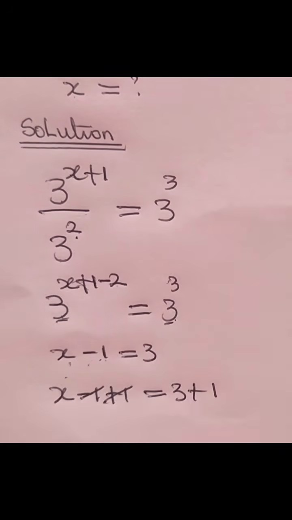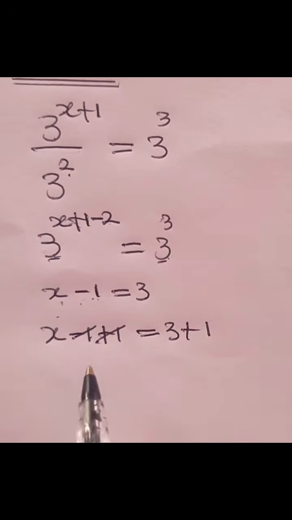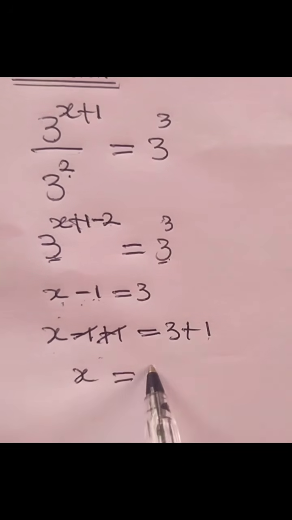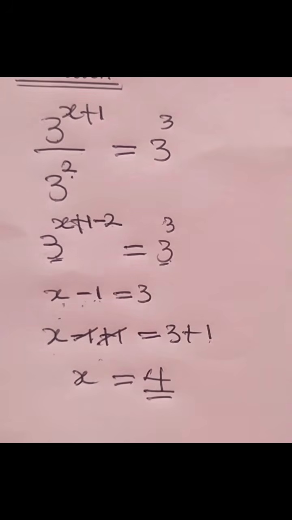Minus 1 plus 1 will give us 0. So 0 plus x will give us x equals 3 plus 1, which will give us 4. Therefore, 4 is the value of x that will balance the equation, and this is exactly